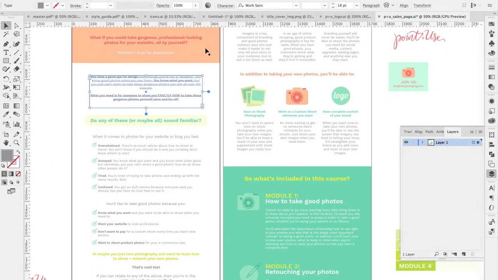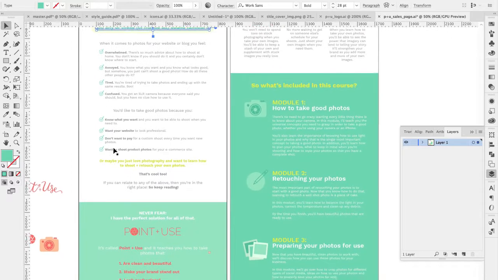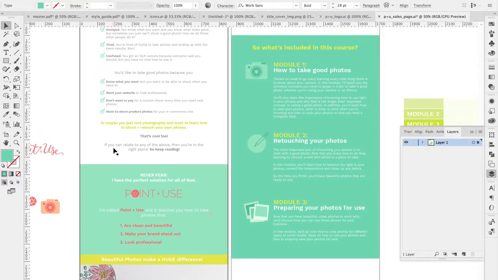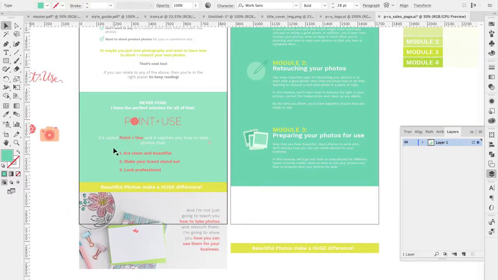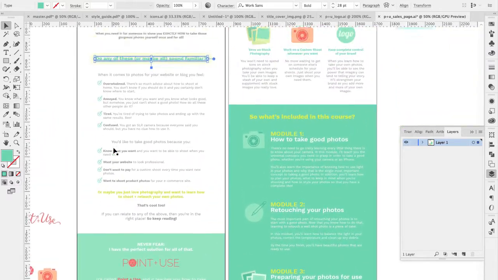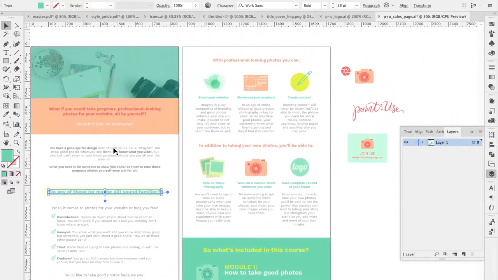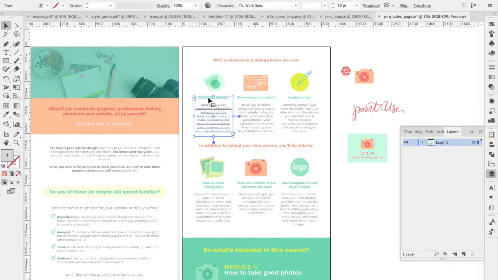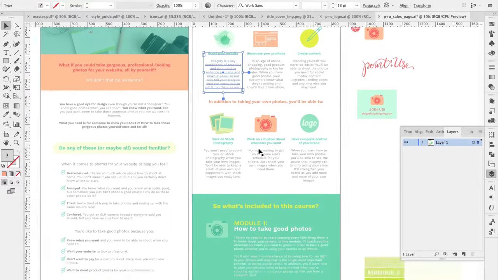Again, these are all Work Sans, Work Sans, Work Sans. I typically stay within 1 to 2. And you can see that you can make stuff look very different just by the difference in color, size, and